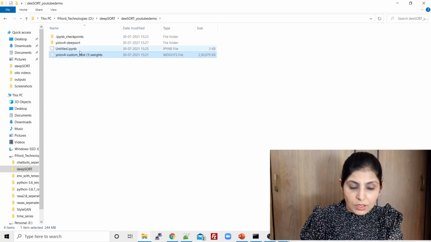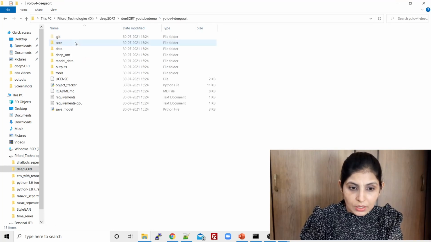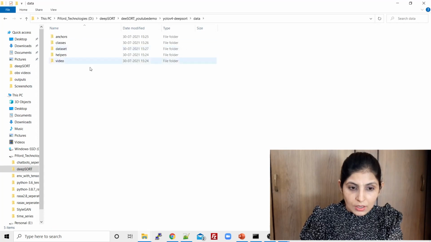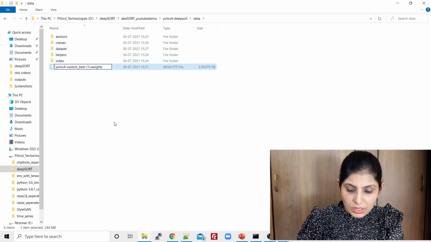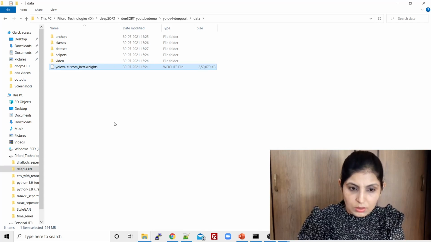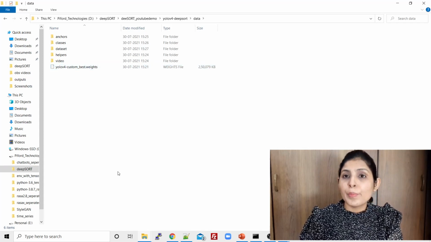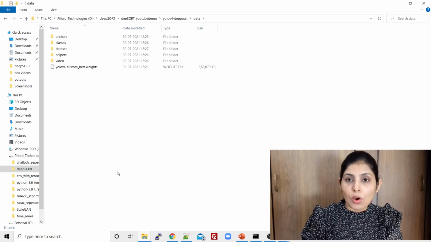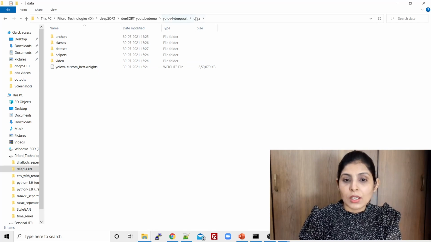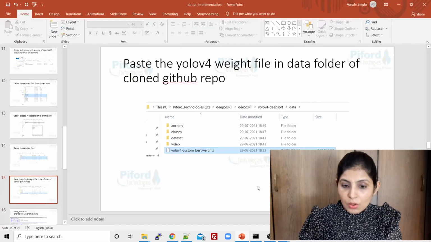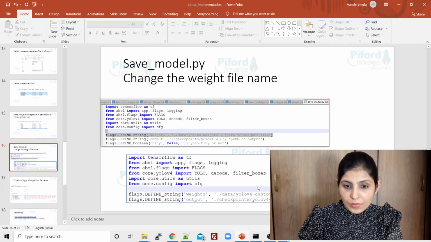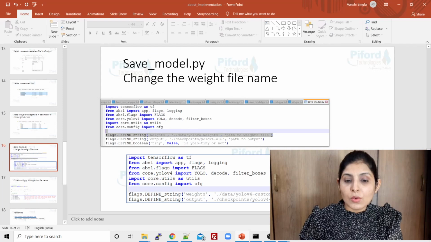I have cut this file from here, and I'm pasting it in data. Now I'm just renaming it like this. So you have to put the weight file of your YOLO v4 object detector in the data folder like this.